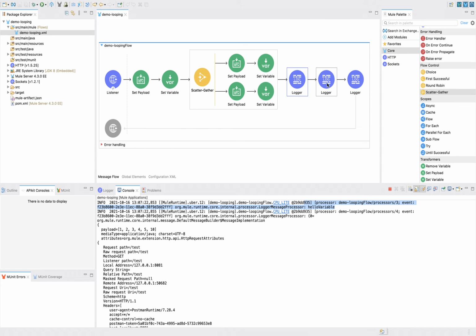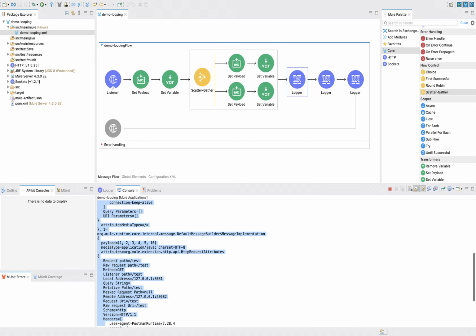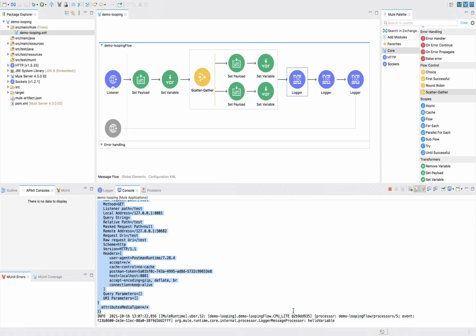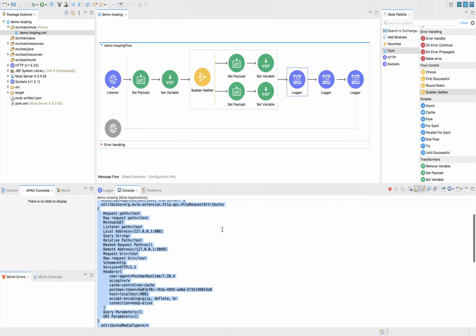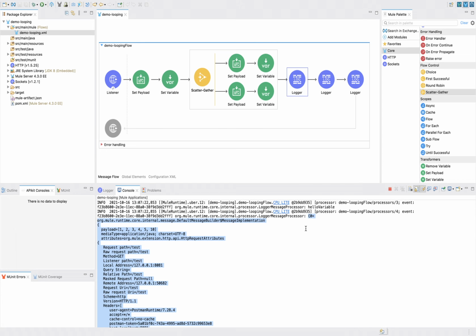Second thing, this one is our payload. In the payload you can see we are getting this repeating payload, meaning whatever two payloads we got. The first payload from here, the second payload from here. So as I mentioned, in scatter gather you will get multiple payloads. Once you complete execution of scatter gather, that will contain the payloads of both branches, or whatever branches you have.